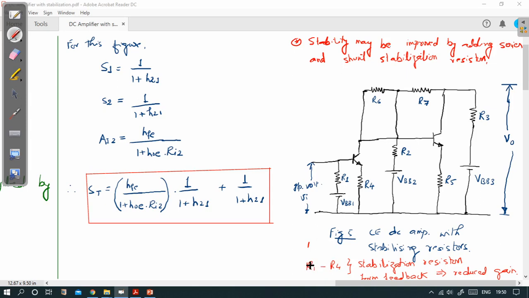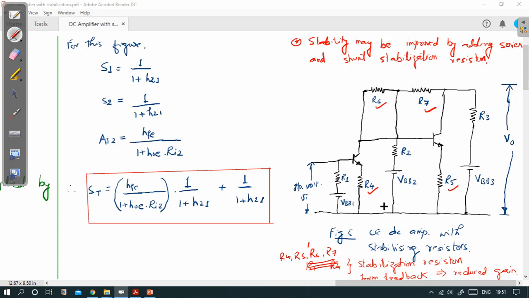Okay, so just make a change here: R4, R5, R6 and R7. These are the extra resistors that are being added into this DC amplifier circuit. So this is the location: R4, R5, R6 and R7. When you modify this basic DC amplifier by adding these extra resistors, and when you